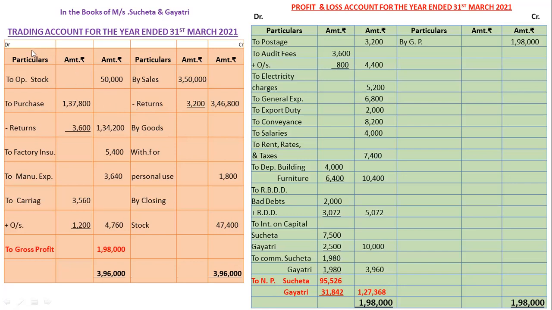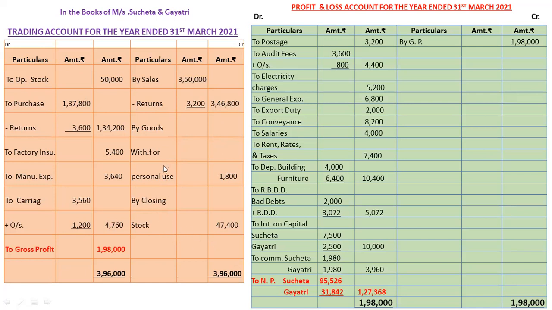The items of trading account are opening stock, purchases less returns, factory insurance, manufacturing expenses, carriage, and outstanding expenses. Sales in credit side, less returns, by goods withdrawn for personal use 1,800, closing stock that is